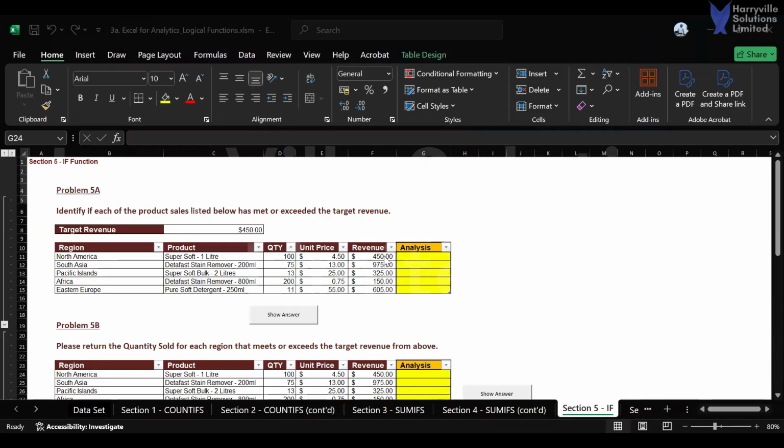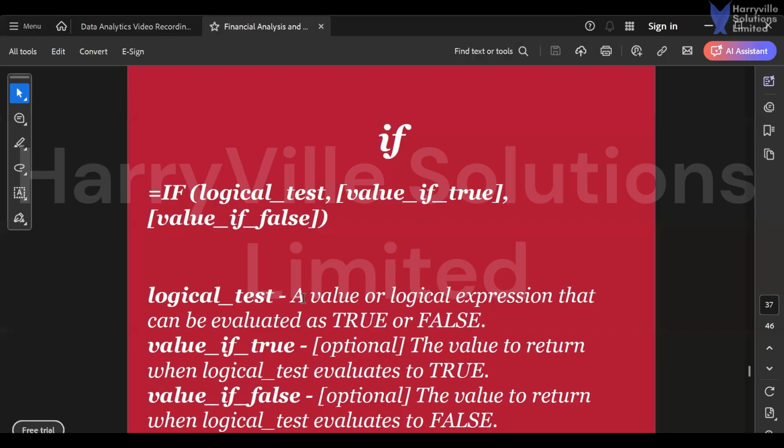Hi everyone, welcome back to another video. So very quickly, we are going to be moving on to the next function on our logical function lessons. And this time around, we are going to be dealing with the IF logical function. The IF logical function is a straightforward